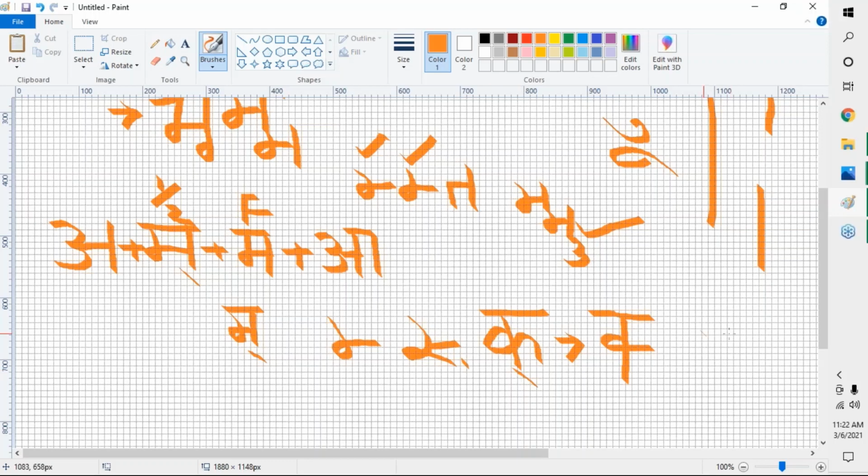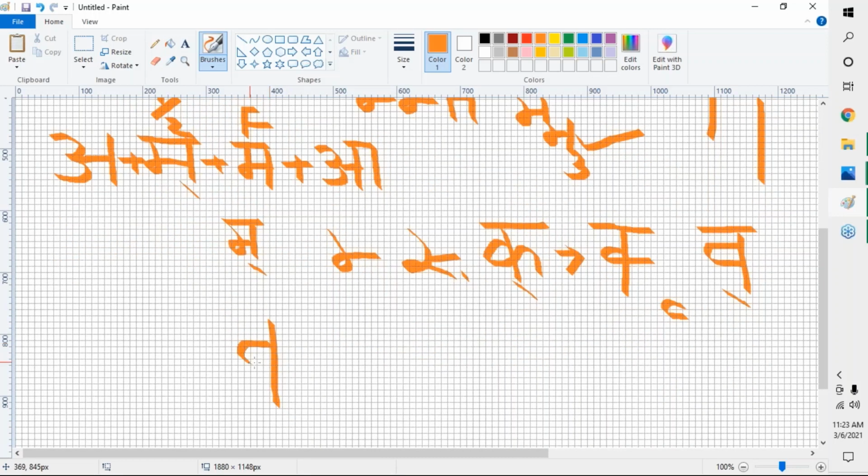Similarly, this is v plus a. When I put halant, it becomes just half, just v. So in Devanagari, we cut that particular alphabet shape, keeping some portion of it, and that becomes indicative that this is a half letter, and the next letter will be written completely. For example, Vakt: v means v plus a, then k, then t.